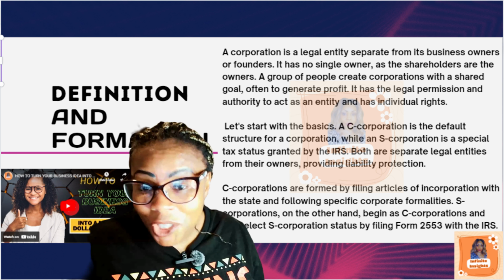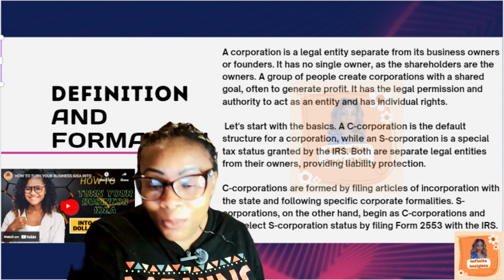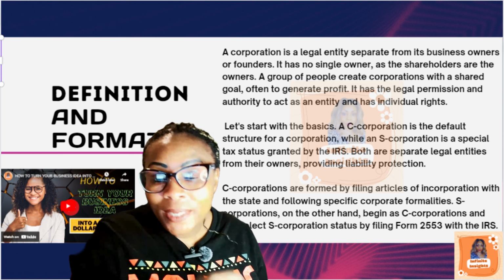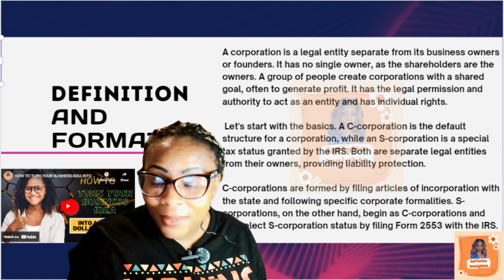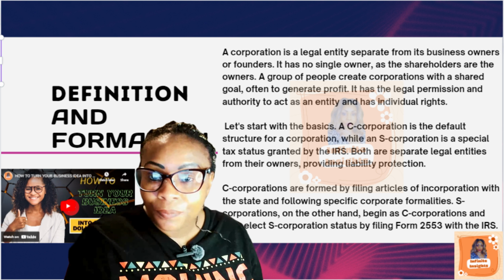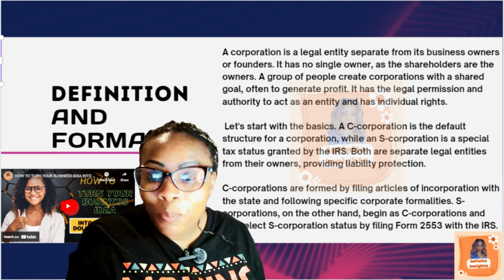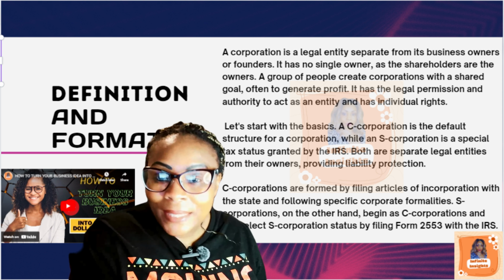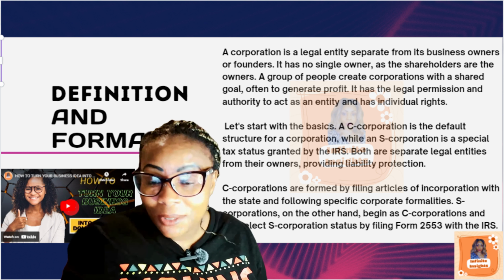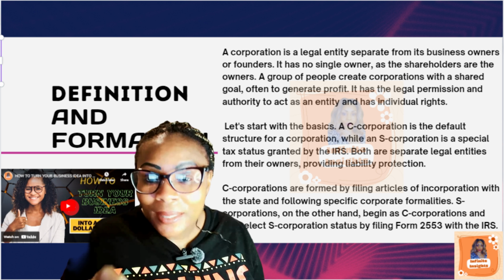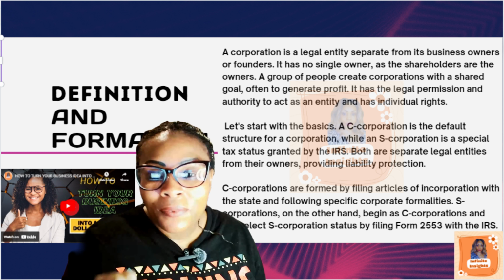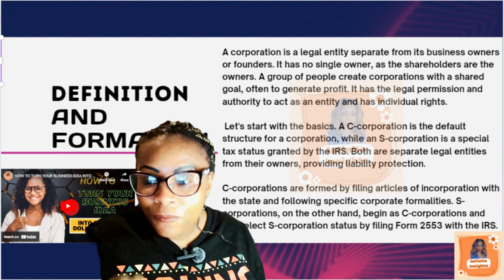I call that special because you have to file another tax form in order to get S corporation. Whereas with C corporation, as soon as you incorporate your business with the IRS and your state, you get a C corporation. I will explain later on why you cannot directly have S corporation if you don't file the Form